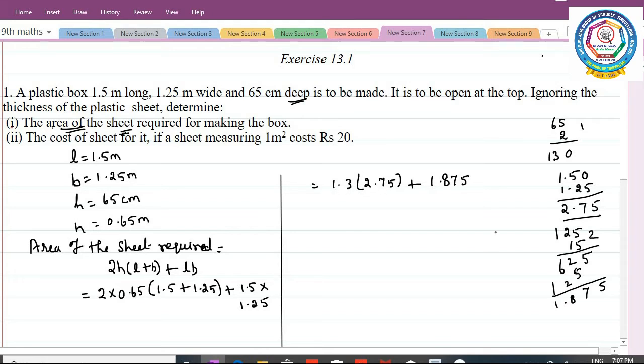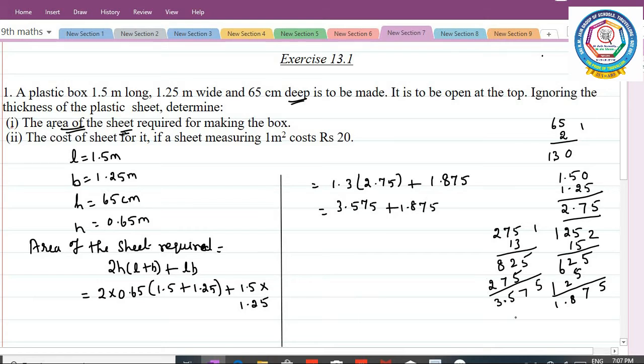At last we will put decimals. So 275 you consider, 13 you consider. So 5 3s are 15, remaining 1. 7 3s are 21. 21 plus 1, 22, remaining 2. 2 3s are 6. 6 plus 2, 8. 1 5s are 5. 1 7s are 7. 1 2s are 2. So 5, 7. Here is 15, remaining 1, 3. After decimal, 1, 2, 3. So you put decimal. So 3.575 plus